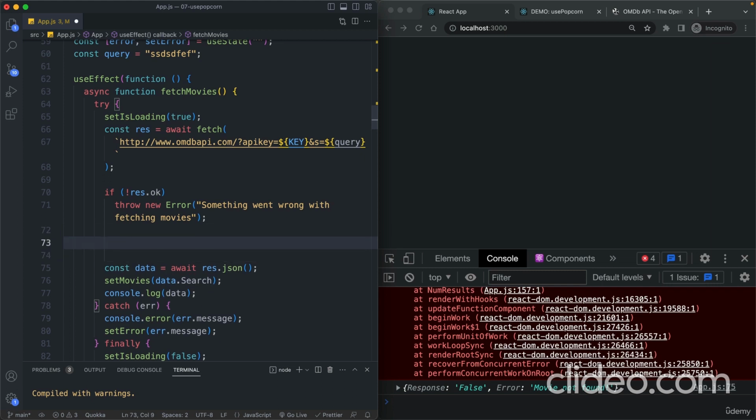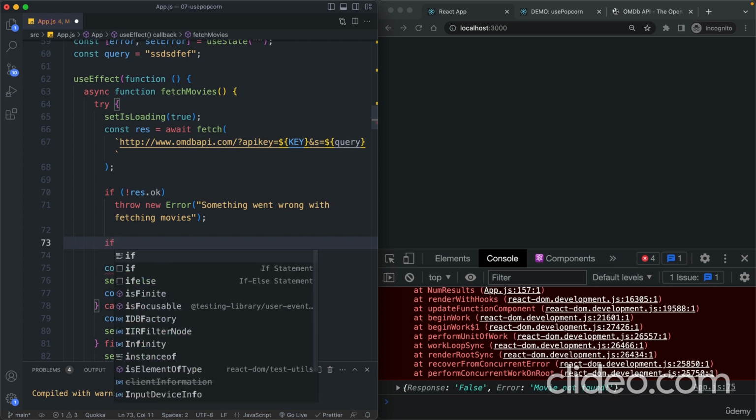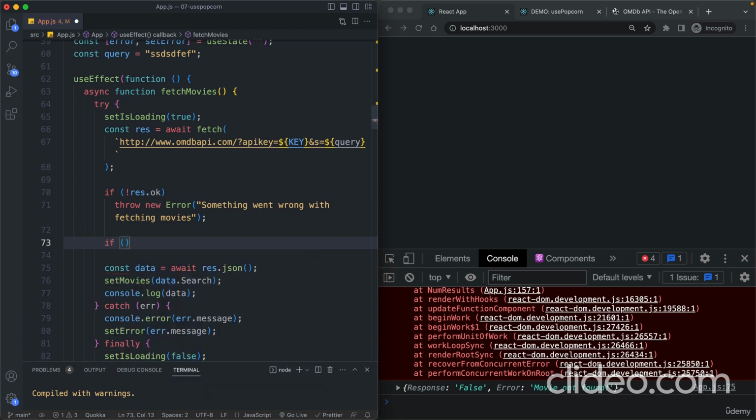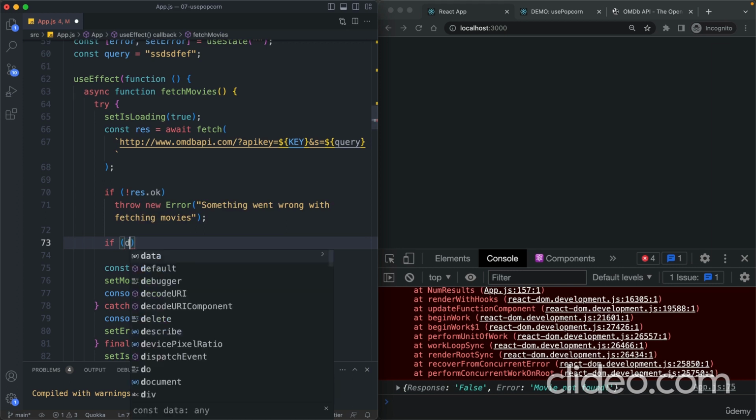So as I was saying in the very beginning, we always need to handle all these different situations that can go wrong. And when we are working with data fetching, there's always a lot of things that can go wrong. So working with data is a lot of work, but it's also essential in most, if not all, web applications. But anyway, here we can now use this response to our advantage in order to throw another error in this situation. So we can say that